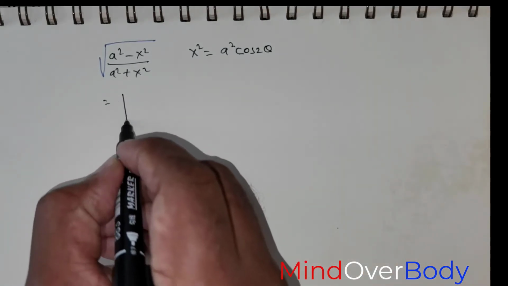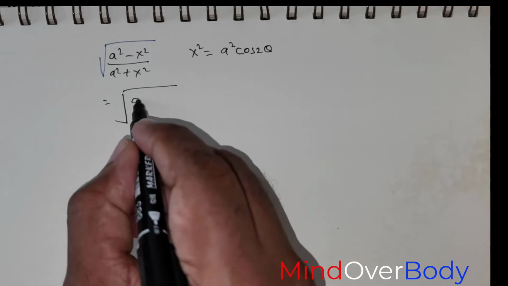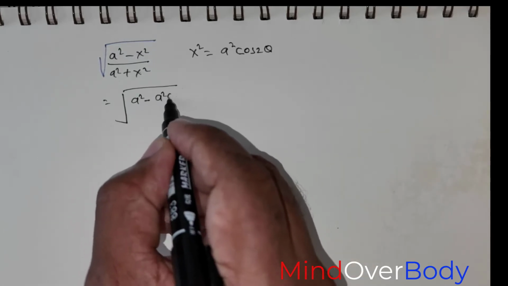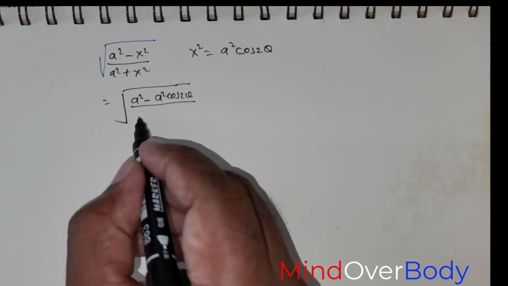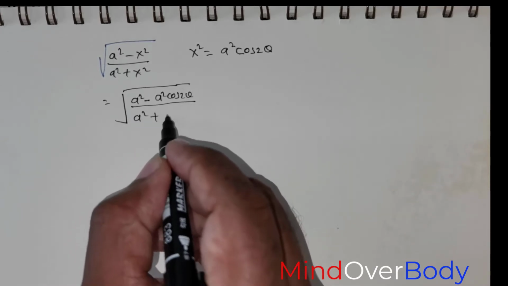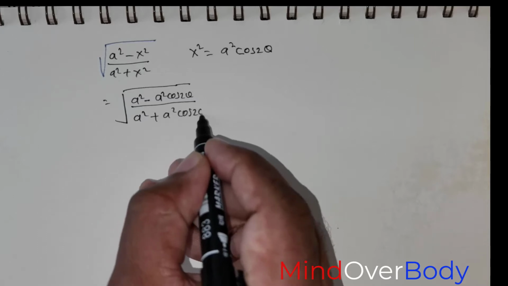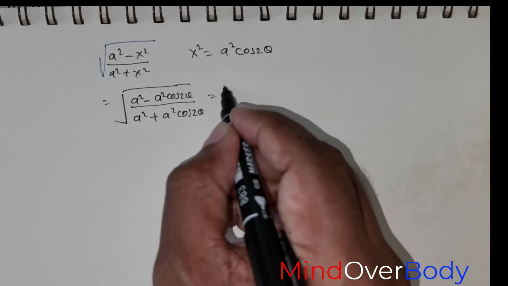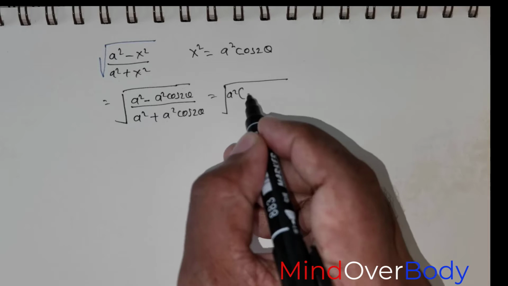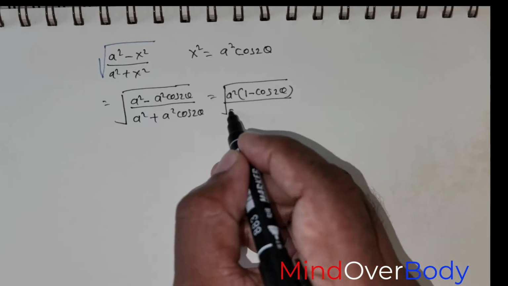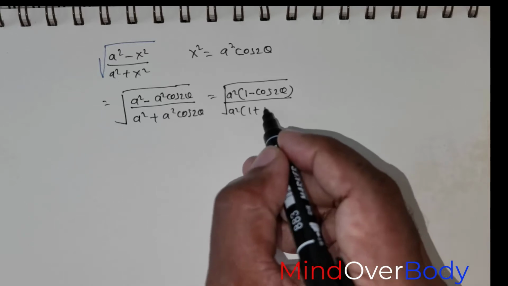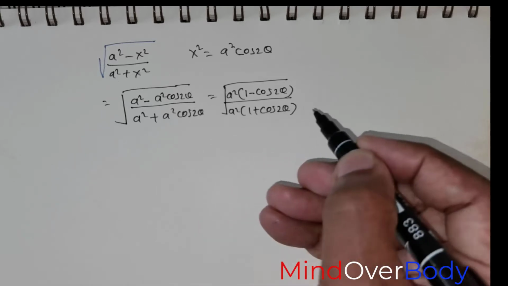So this is going to be equal to the square root of (a squared minus a squared times cos 2 theta) divided by (a squared plus a squared times cos 2 theta), which is equal to the square root of a squared times (1 minus cos 2 theta) over a squared times (1 plus cos 2 theta), which